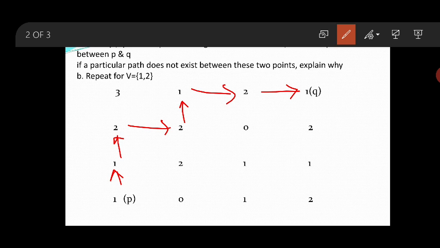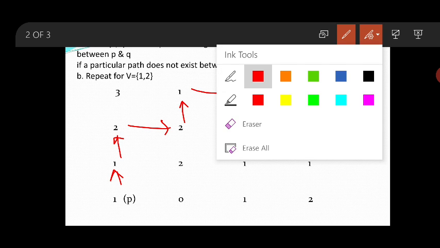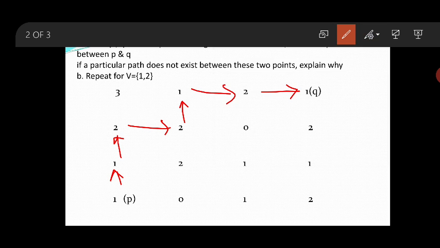Now let us see if I make a connection here all the way: 1, 2, 3, 4, 5 and 6. All the way it is also the same, 6.